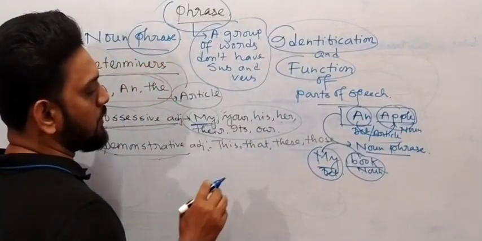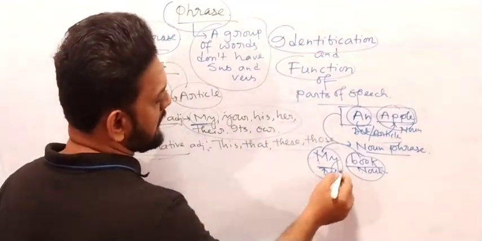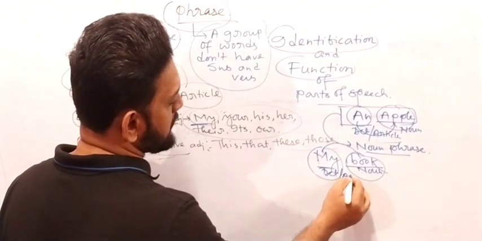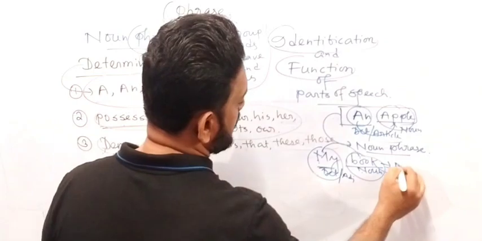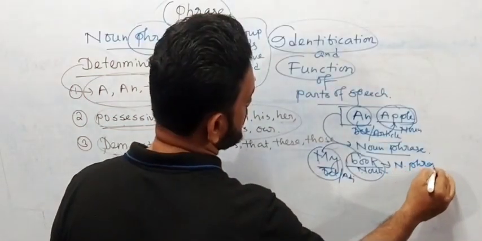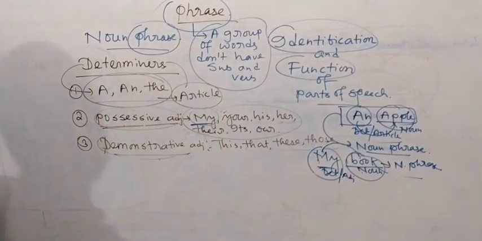So we need to understand whether it is a determiner or not. Yes, it's a determiner, or you can say possessive adjective. Also you can say adjective, no problem. Okay, my book, they form a noun phrase. Last day also you have understood this much. Yes or no? Now one thing also I would like to add over here, that determiners and adjectives, whenever adjectives